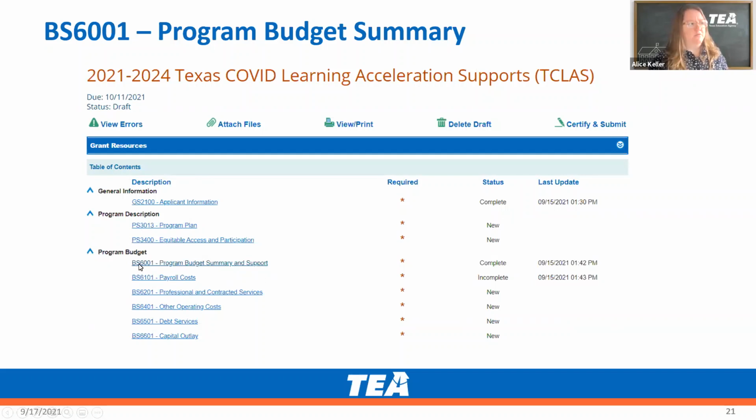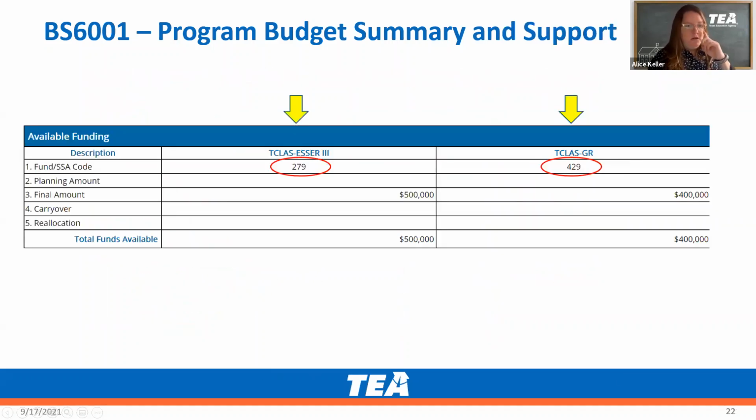This will be the first piece that an LEA needs to complete before they can move down to these other schedules, because this puts in total dollar amounts for each of the schedules along the way. So as you open this BS 6001, again, you'll see these two columns, and this shouldn't be entirely unfamiliar for most folks. If you've completed the ESSA consolidated application or the SPED application, you'll see multi-columns of different sources of funding. So this shouldn't be completely unfamiliar, but you'll see dollar amounts based on award for the LEA in TCLAS ESSER